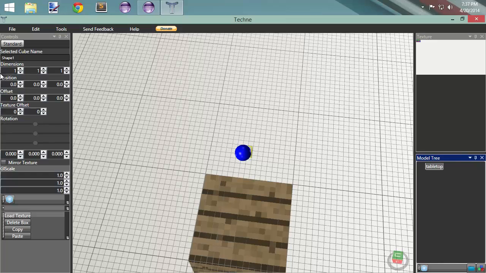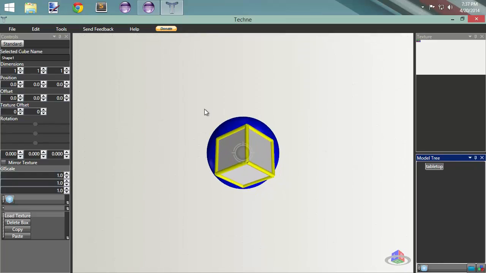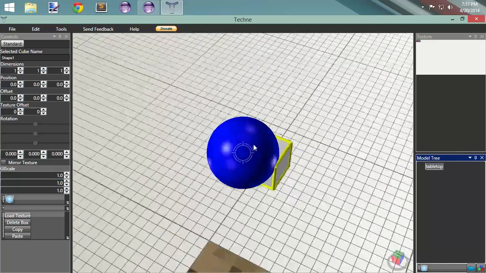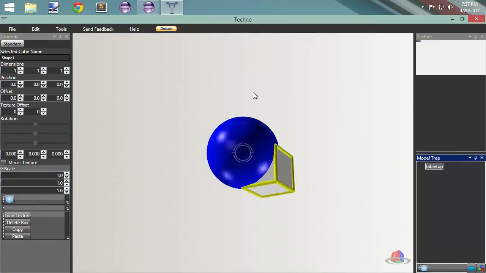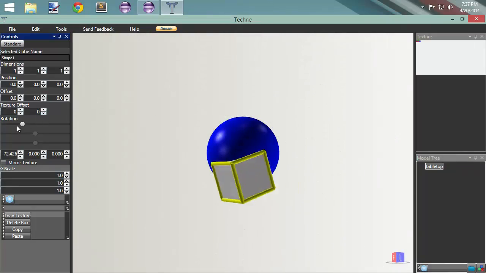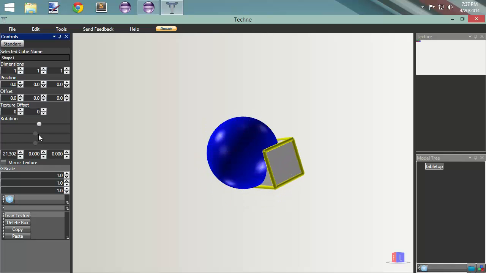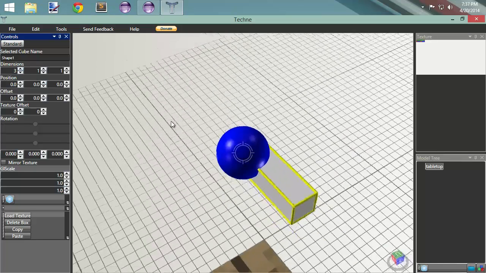So we have our dimensions, and this is essentially going to be the dimensions of this cube that we're creating, and you'll see that it's attached to this sphere right here, and this sphere is essentially a joint, right? If we do any kinds of rotations, you'll see that it rotates on an axis around that sphere. We're not actually going to do any of that today. We are, however, going to adjust